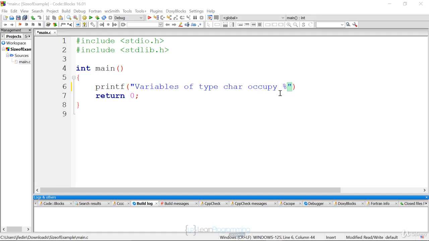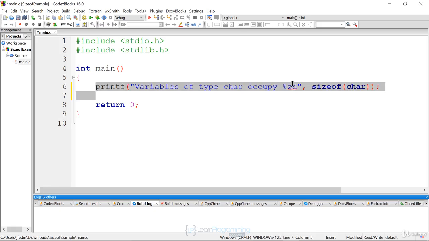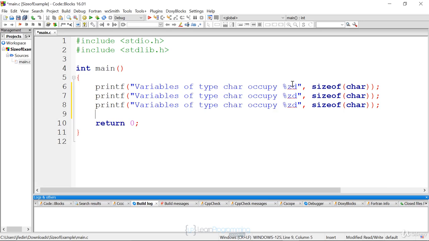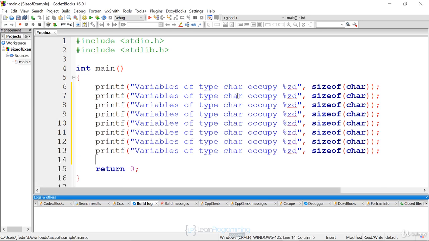This is a nice format specifier. It was added in C99, I believe. %zd, and then all we have to do is use sizeof, and again, it looks like a function, but it's not, and then say char for character. And then I'm just going to copy this and paste it, because I'm going to do similar things. I'm not going to do a char, but I'm going to do short on the second one. I'm going to do an int. And a long,